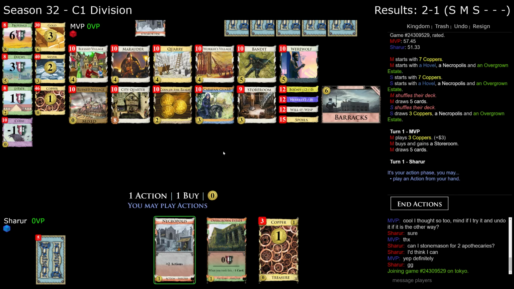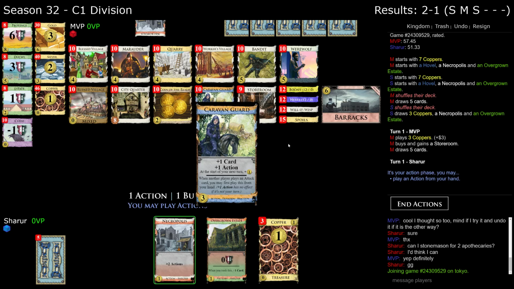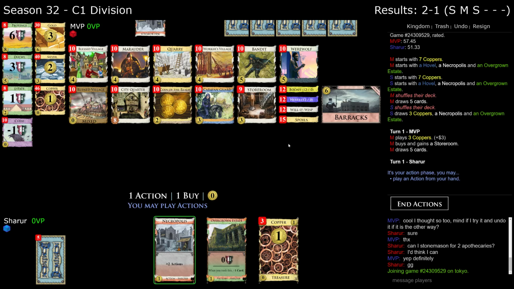I mean, they are still bad cards. I don't think it means that. So if we want Marauder, I don't think it makes sense to open with the storeroom. Caravan Guard's alright. You know, it's just like something you can improve your situation a little bit if they play Marauder, or I could just open Silver. It's not like I'm really trying to hit 5 necessarily, but even hitting 4 could be kind of annoying with the Marauder in my deck, so